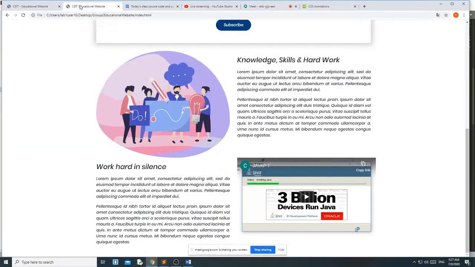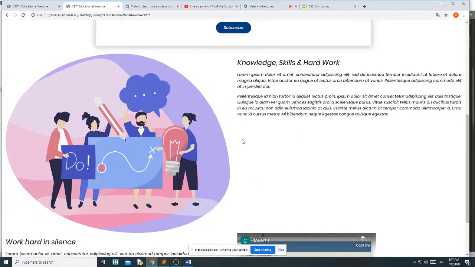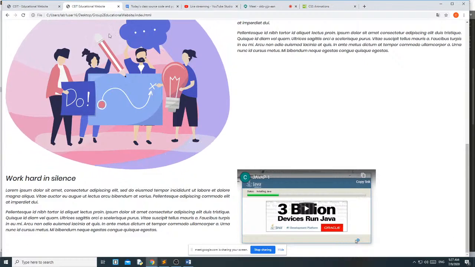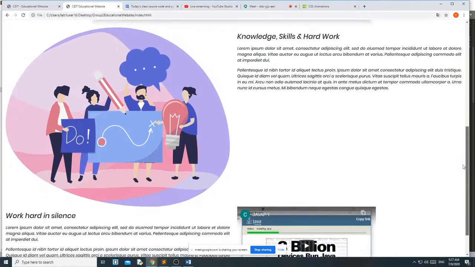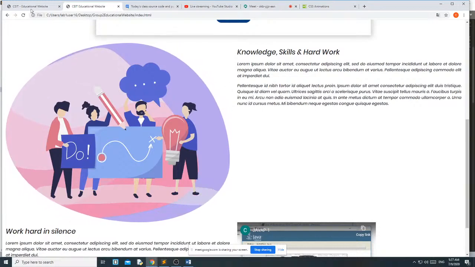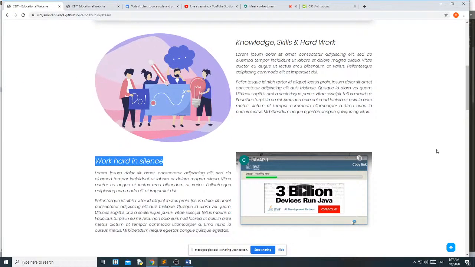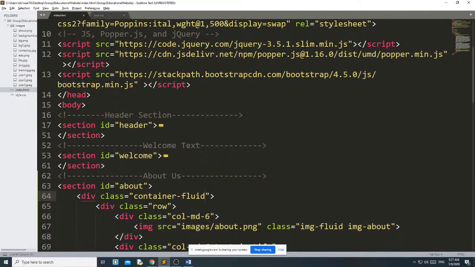Okay, container fluid is what? See, once you use container fluid, it will take the complete space of the screen. Whatever screen you open the website in, it will take the complete space. But when you use the container, then it will give some space from the left side and from the right side. That's why instead of container fluid, we can use container.